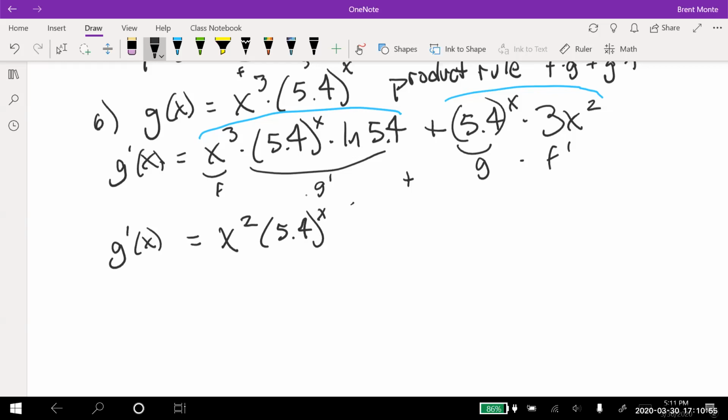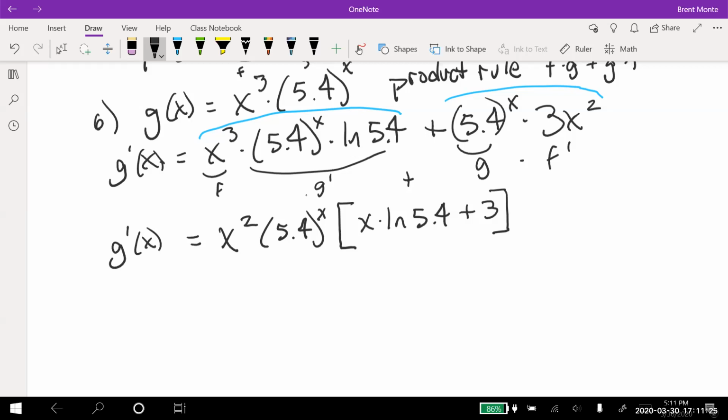Now, I've factored all that out. I'm going to put a bracket here so we don't get it confused with the parentheses. So what's left in the first piece, I still have one of the x's left, and I still have the ln of 5.4. In the second piece, I took out that 5.4 to the x, I took out the x squared, but I still have the 3. And you can use a parentheses there instead of a bracket, but that's fully factored,